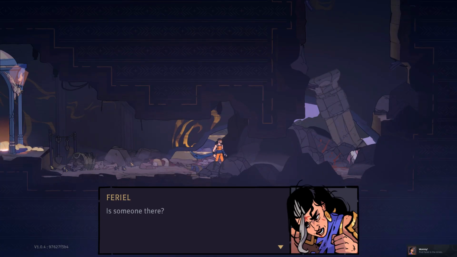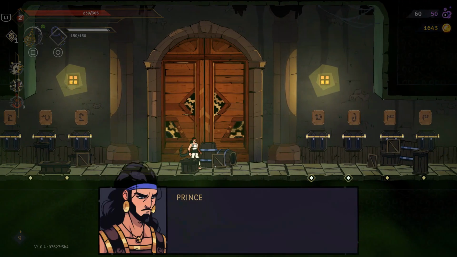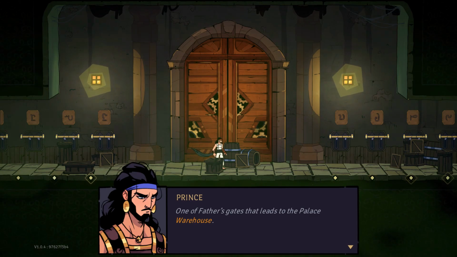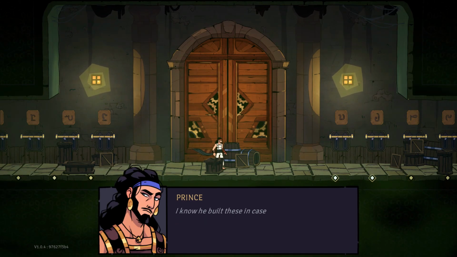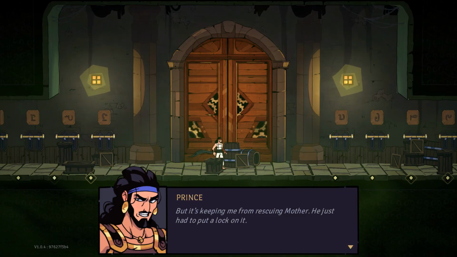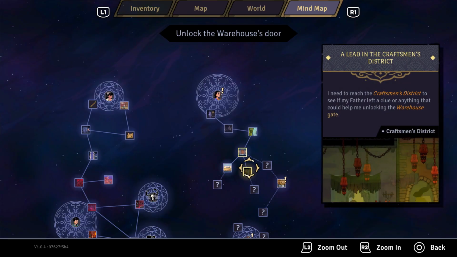Or in this instance where you had to save Ferial, the prince's mother, who is trapped in the gold mines due to a cave-in, and in order to get to where she is to save her, you would need to unlock the gate to the warehouse, which is in the craftsman's district, but to unlock the warehouse door, you need to figure out the code, which are 3 of the insignias labeled on the levers, and they are in 3 different levels. And with the use of the mind map providing hints on where to find them,